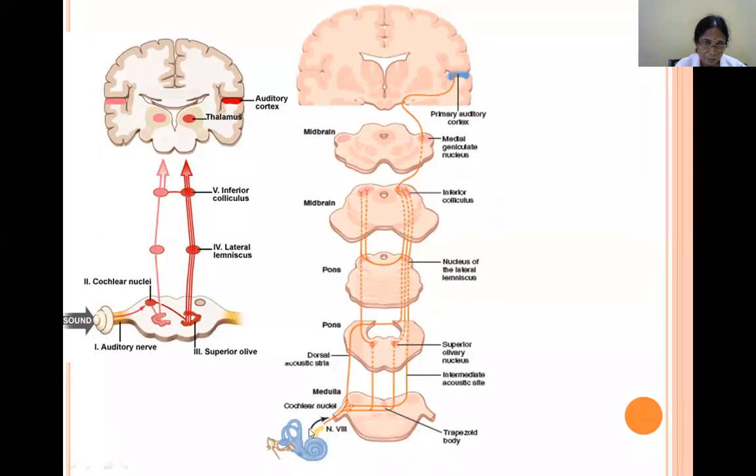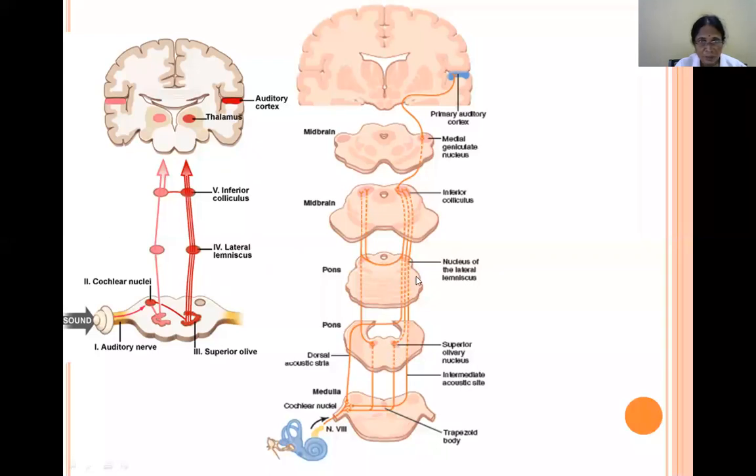Here, the cochlear nerve, the eighth cranial nerve, has entered into the medulla. Here we have two nuclei, dorsal nuclei and ventral nuclei. They are split into two parts, dorsal nuclei and ventral nuclei. From the dorsal nuclei, most of the fibers are crossing to the opposite side, and they are